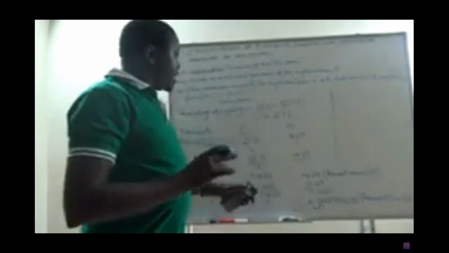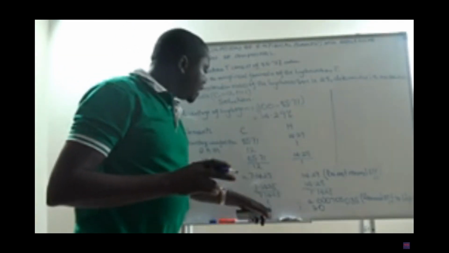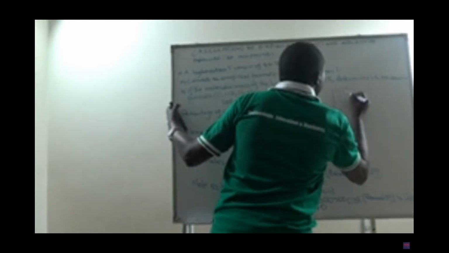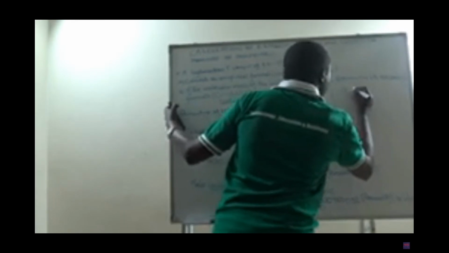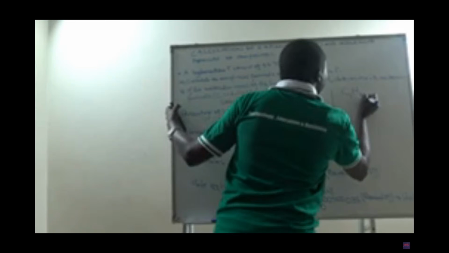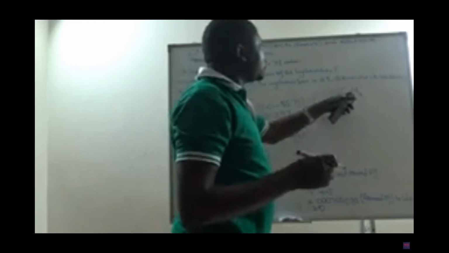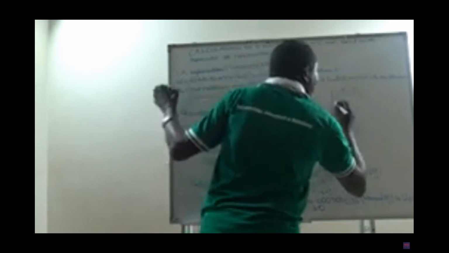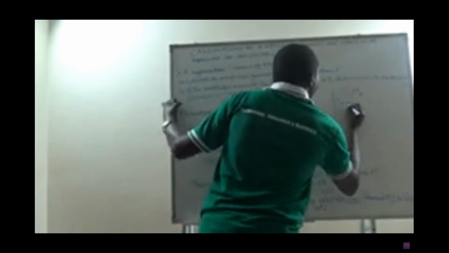Now, let me use this part here. When you have got this, please show that the number of moles of carbon atoms here is 1 in this ratio. So it will be C1H2. This one tells me that the ratio is 1 to 2. Suppose it was 2 to 2, then it means that the ratio is even 1 to 1. So we first give this one to show us the actual ratio, then we can conclude that